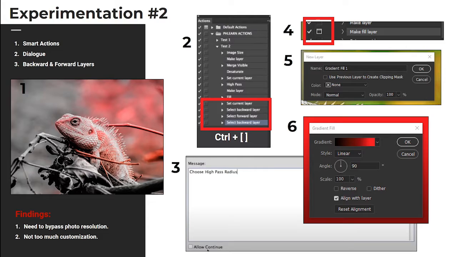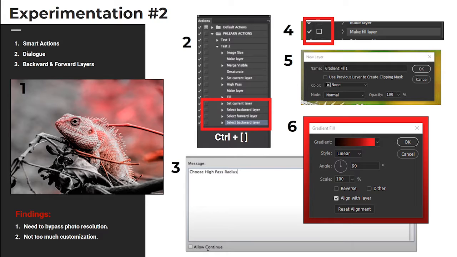And to show you the use of dialogues for actions, I want to show you now my experimentation number 2. First of all, you can see my examples of using defined layers in step number 2. In step 3, I use something that is called stop, which is basically a way of giving the prompt to the user. If I was to share this with any one of you or somebody else, you will know exactly what to do in the particular options. Stops are used so that you can open up dialogues by using the icon next to the process that you're going to follow within the actions menu, and it will open up windows like step 5 and 6,